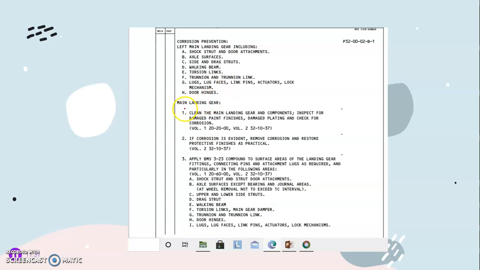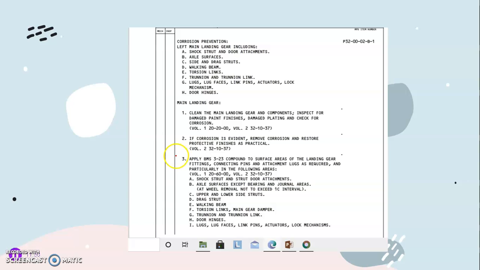The first step is the same, like we must clean the main landing gear. The second step is the same too, like if corrosion is evident, remove corrosion and restore protective finishes as practical.